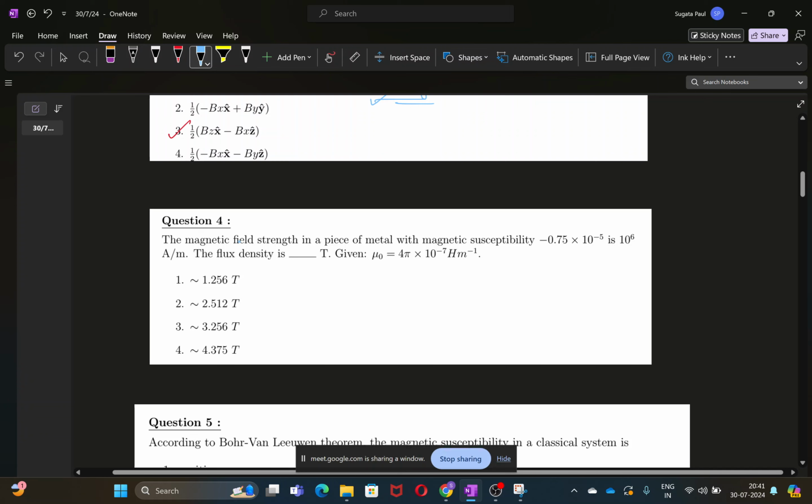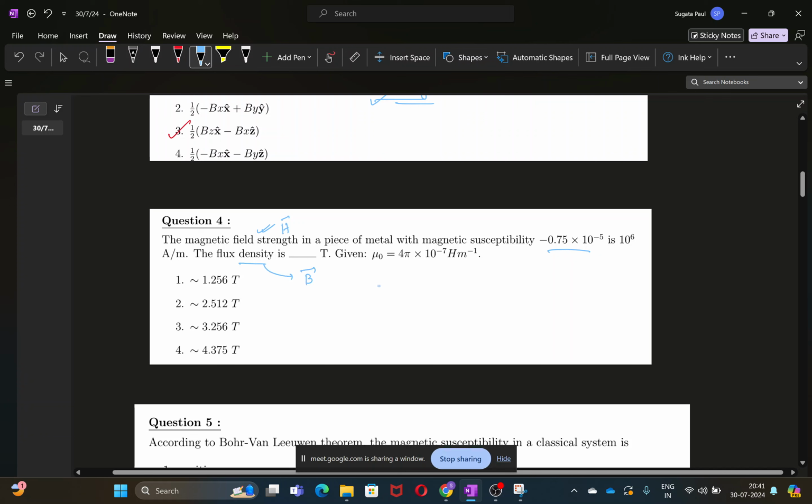So it says that the magnetic field strength in a piece of metal with magnetic susceptibility of minus 0.75 into 10 to the power minus 5 is 10 to the power 6 ampere per meter. So the magnetic field strength means you are given the value of H. H is the magnetic field strength, and you have to calculate the flux density, which is nothing but the B